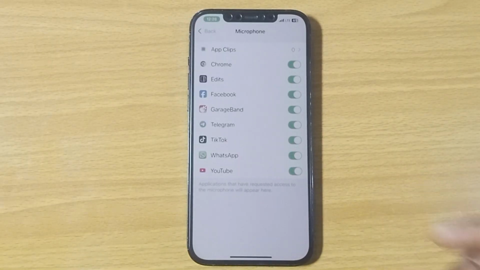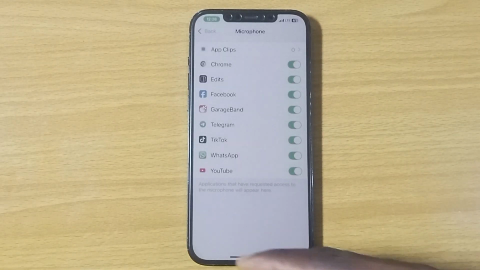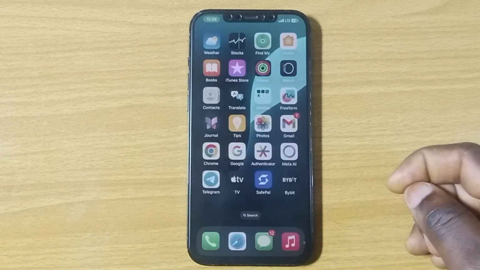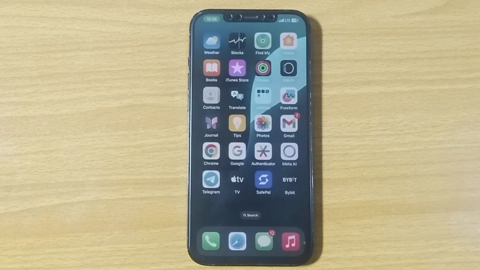So if the app that you want to use is not here, then go ahead and uninstall that particular app on your device, then reinstall the app again. That will fix the issue of the app not being able to use your microphone. Thereby, your mic will start working again